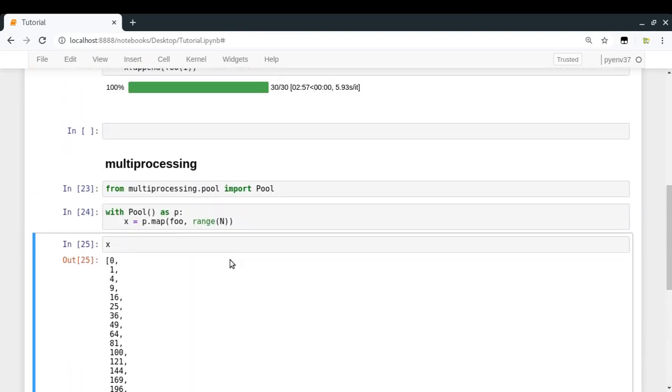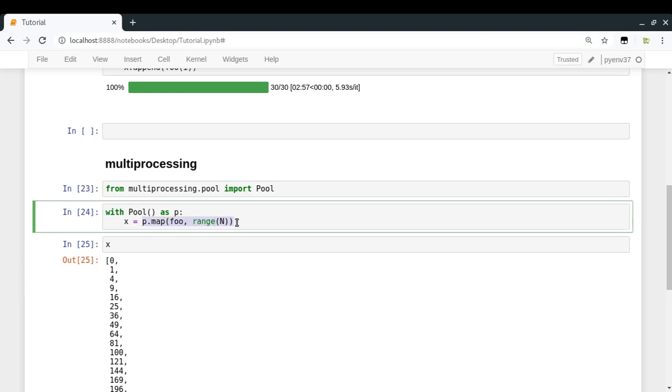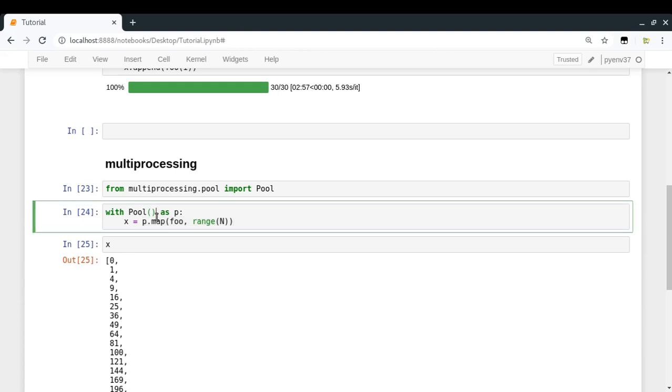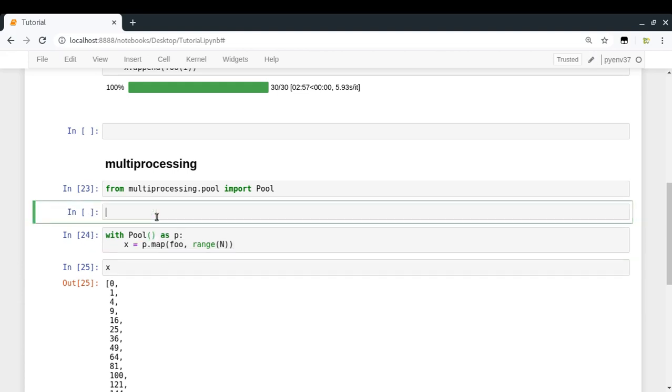So this is fine, but the problem here is that I have no place where I can put that tqdm wrapper because I do not see any iterable here. All I see is a function called p.map which simply returns me the list. But what I want is to keep track of the progress of how those results are being generated. So actually I need an iterator here, but p.map is returning me a list. But here is a solution.